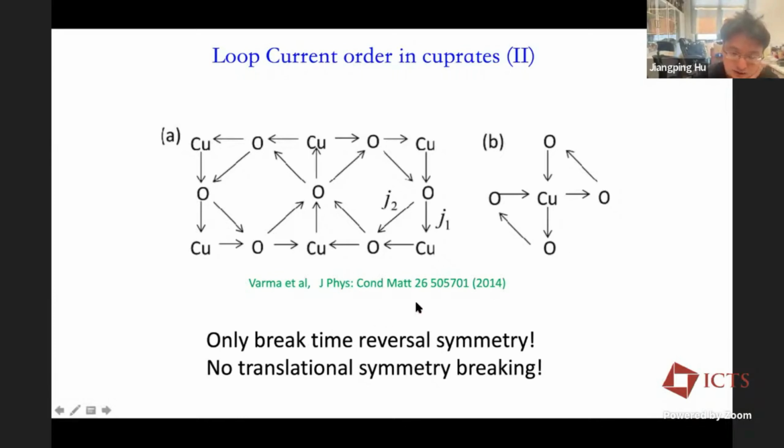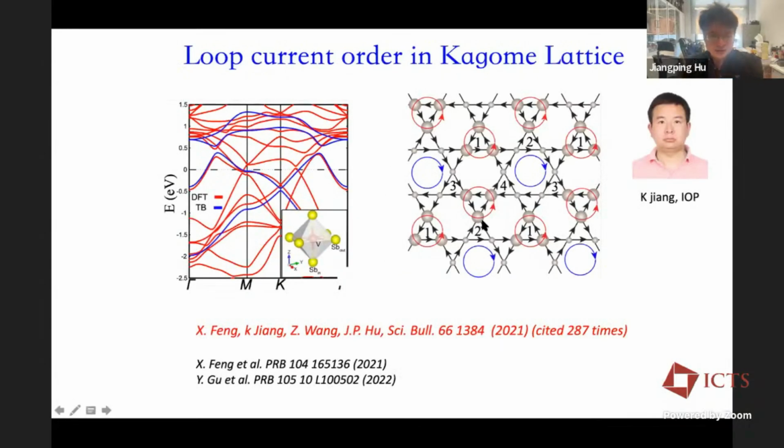And this has also gotten some support from neutron scattering, but overall it's still an unsettled issue, whether this is true or not in cuprates. But these two proposals were really generated through study in cuprates, in correlated electron systems. Very interesting idea. And so recently, Stephen has already mentioned, there's many experimental evidence suggesting that